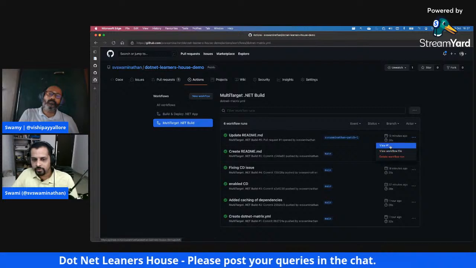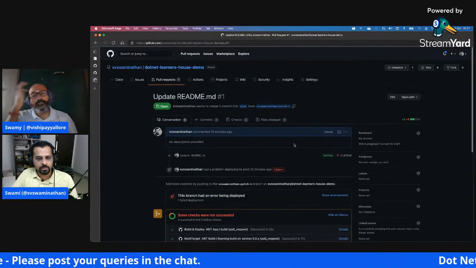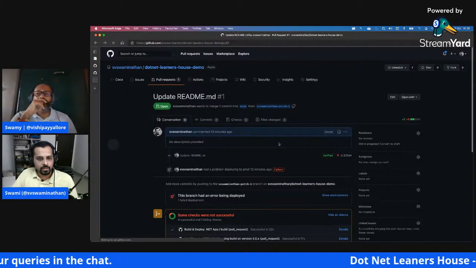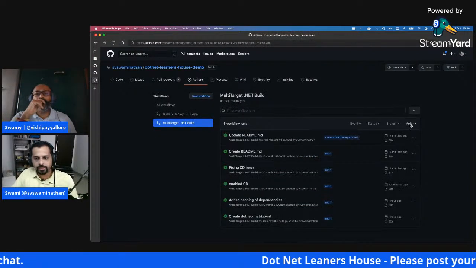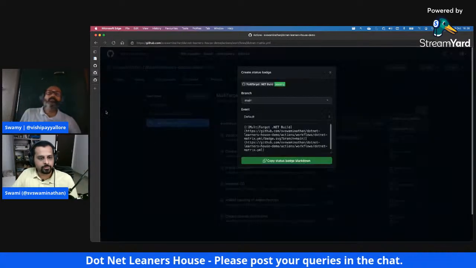View workflow file, view run one. Let me see, it is there somewhere. I saw. Okay, it's not showing up here. Basically, you can't manually trigger anything from here, right? As you can see, if you want to enable manual run, that is where you will use this workflow dispatch.